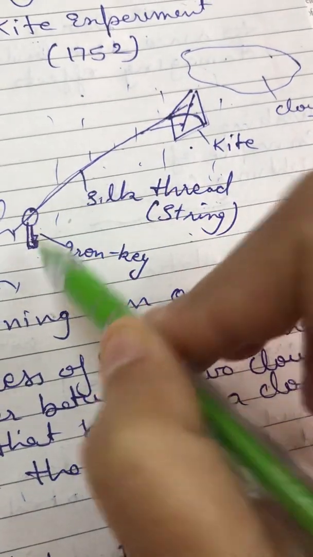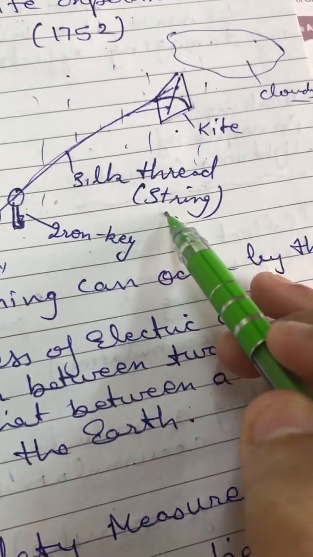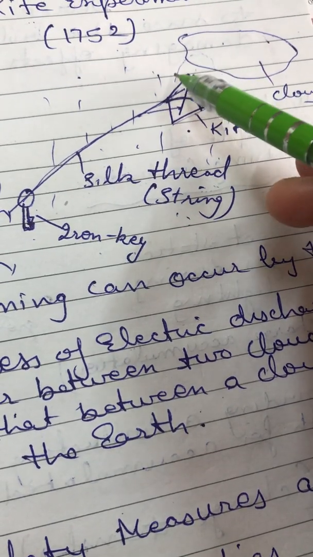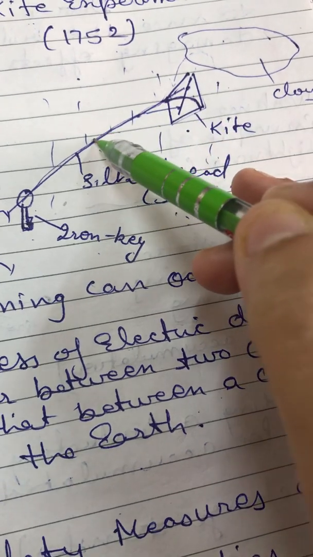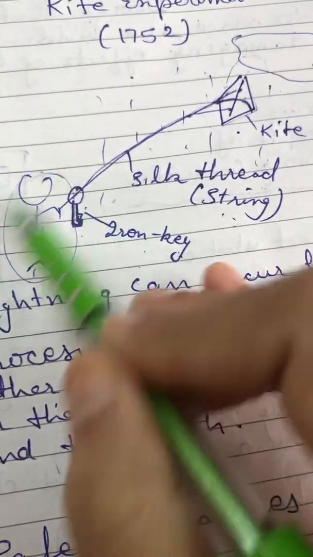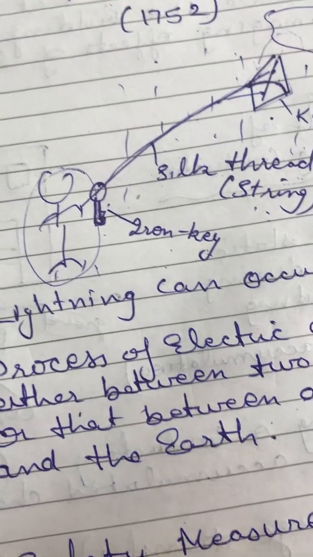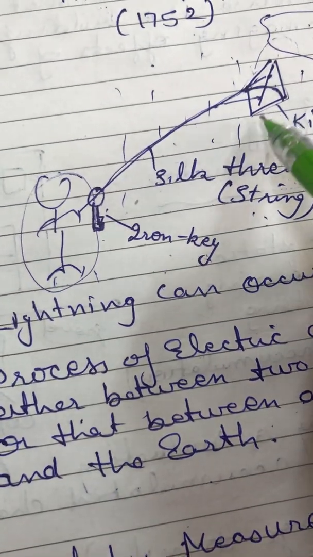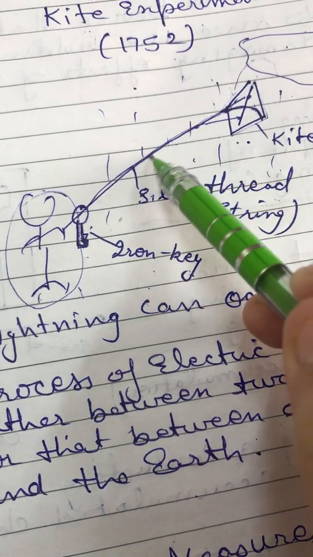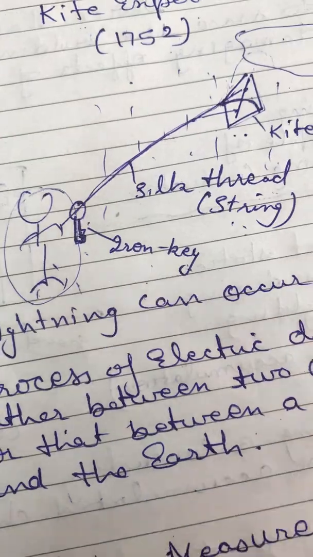he bound an iron key with this silk thread or string. Then what will happen during a lightning? The static charge transfers to the kite, and through the kite the charge moves toward the iron key, and Benjamin Franklin gets a jerk, or you can say he feels a spark or a jerk from the static charge, because due to static charge the charge transfers through the silk thread toward the key, and he feels a jerk due to static charge